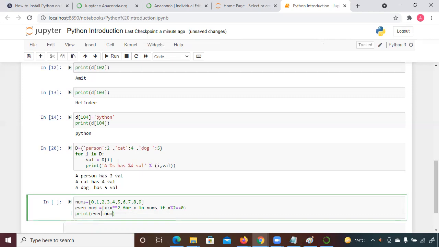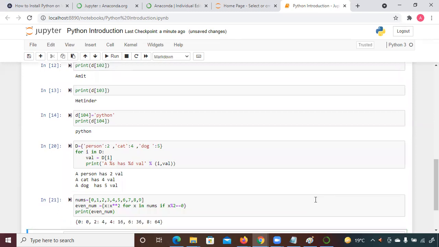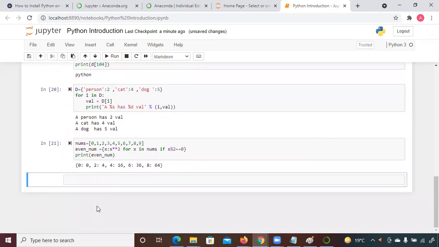So nums, I created a list here. So you can see here that from the list we are reading, but we are converting the elements of the list into the dictionary by performing a square, and we're going to print the even numbers. So you can see here how it is coming in the form of key: 0:0, 2:4, 4:16, 6:36, 8:64. So for whichever is even, the square is coming, we are going to print that. Is it clear? Yes.